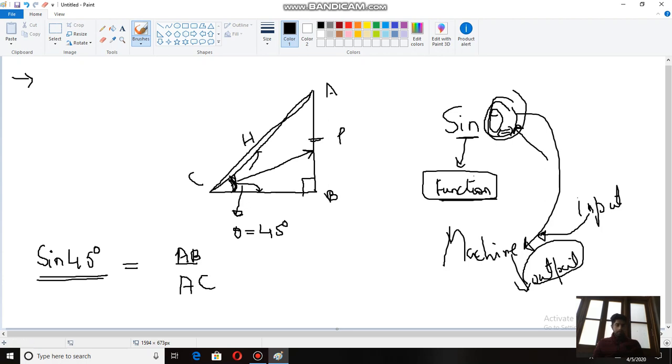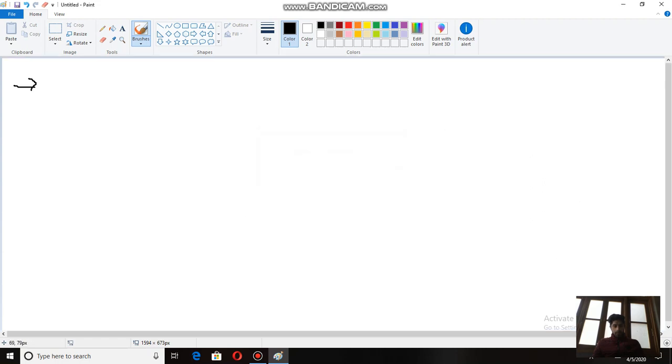Now if I want to decrease this angle, now I want theta as 60 degrees. Now I have to increase this angle. Increase means, see, this is 45